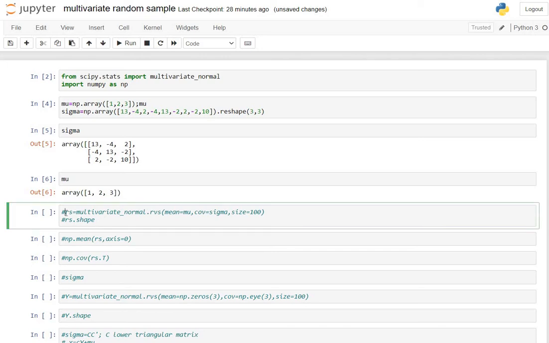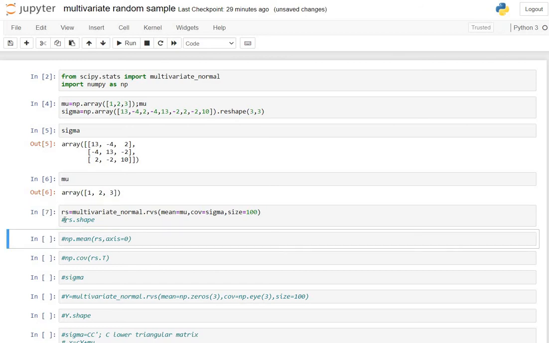Now to generate a random sample, the code is multivariate_normal.rvs. Now we want a random sample with mean as this mu, so mean is equal to mu, and the covariance matrix we have entered as sigma, so covariance is equal to sigma here, and let's generate a sample of size 100.